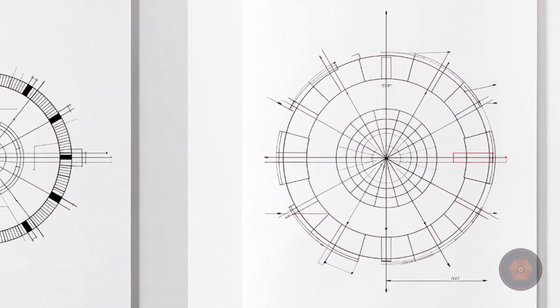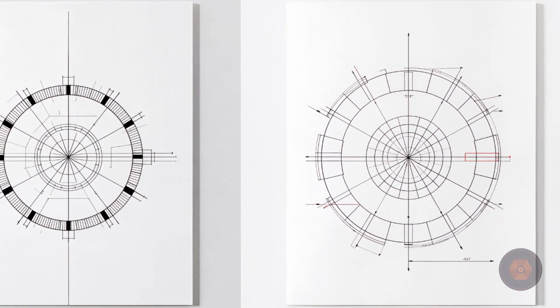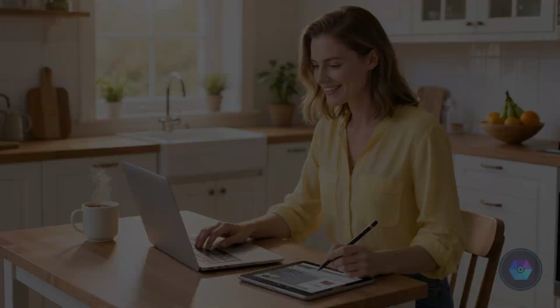It's the same core issue as language models hallucinating facts. The model is confident. The model is pattern matching. The model is occasionally completely wrong. So what does this mean for you? Image generation is